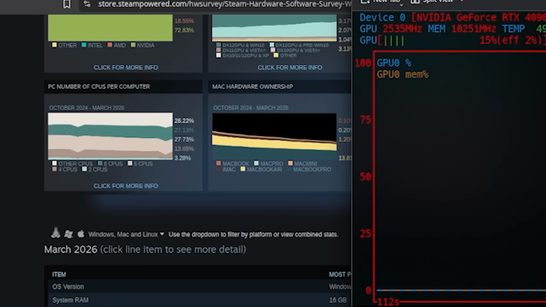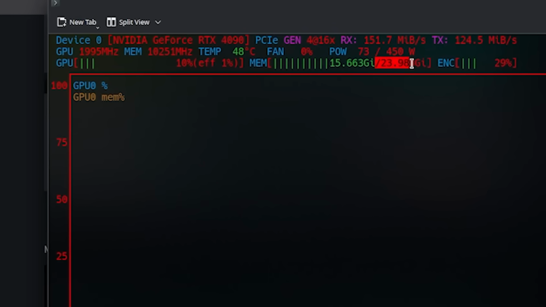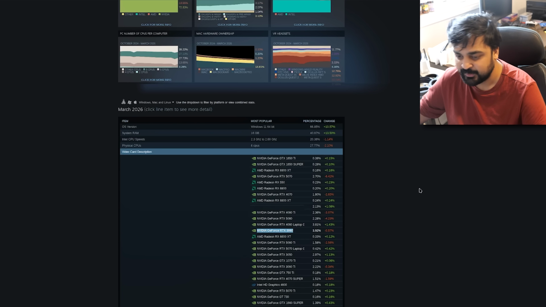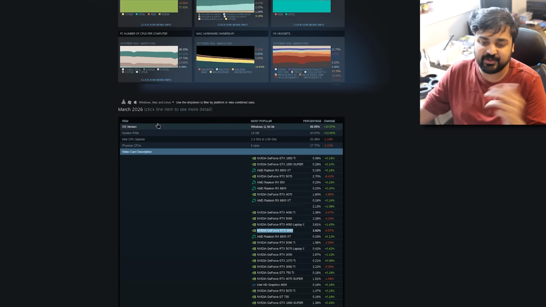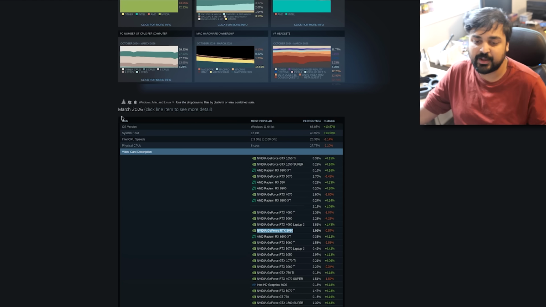So check this out, boys. I'm sitting on around 23.9 gigs of VRAM. I'm using about 15.6 gigs right now because I actually have one of these models loaded to begin with. So for this demonstration, I'm simply just going to go to Steam's hardware survey. I'm going to check this month and see that the most used GPU is an RTX 3060. So in some ways, that is, I guess, the most common GPU, which I don't really understand by their percentage, but GPUs exist in so many different vendors that it's probably the highest percentage of users for that specific GPU. It does say that a lot of people have around 8 gigs of VRAM.